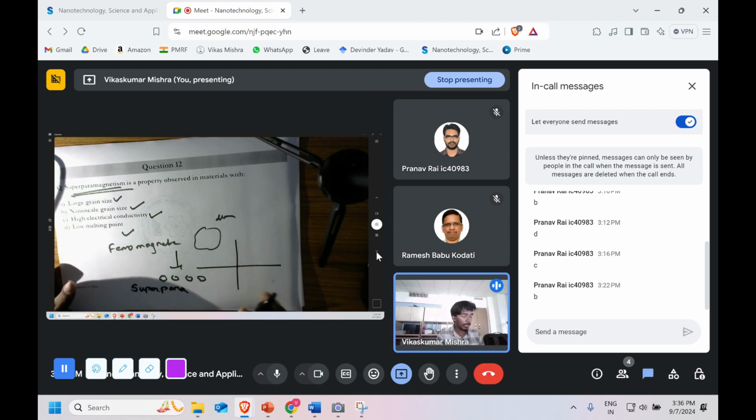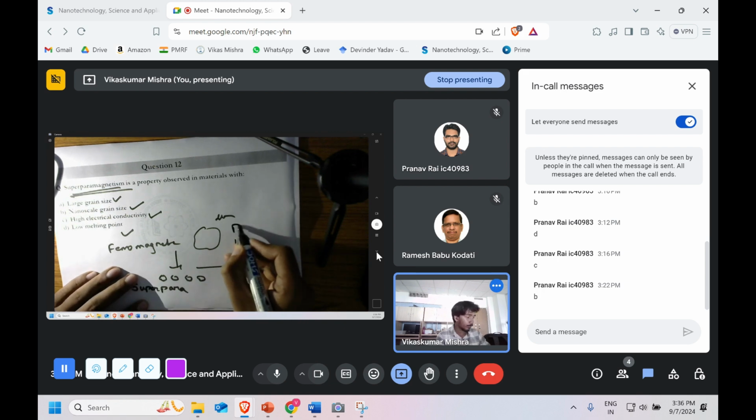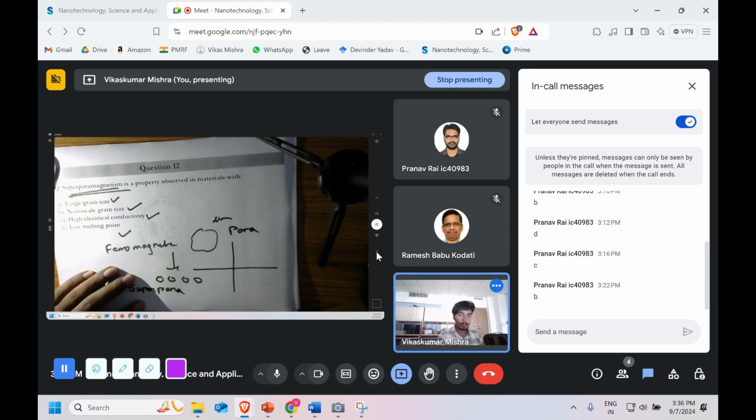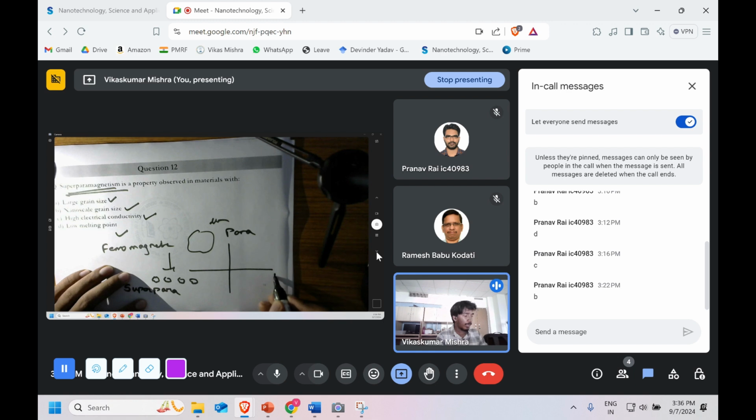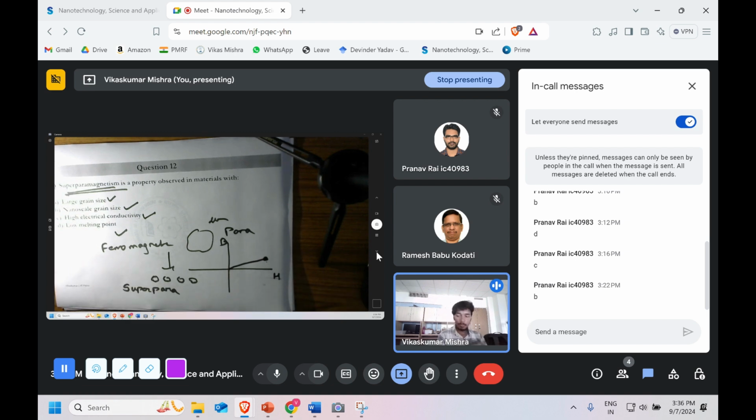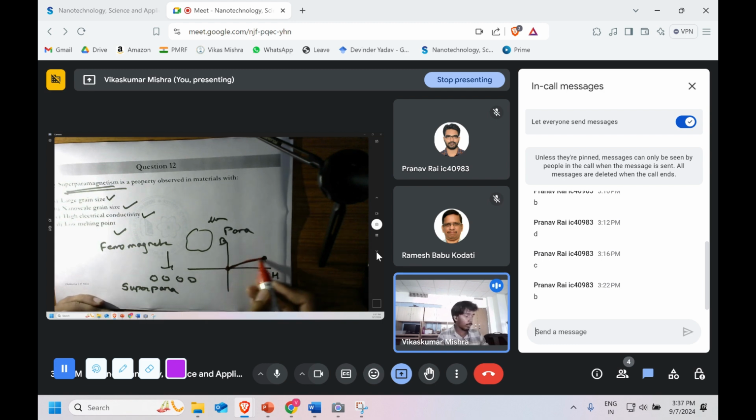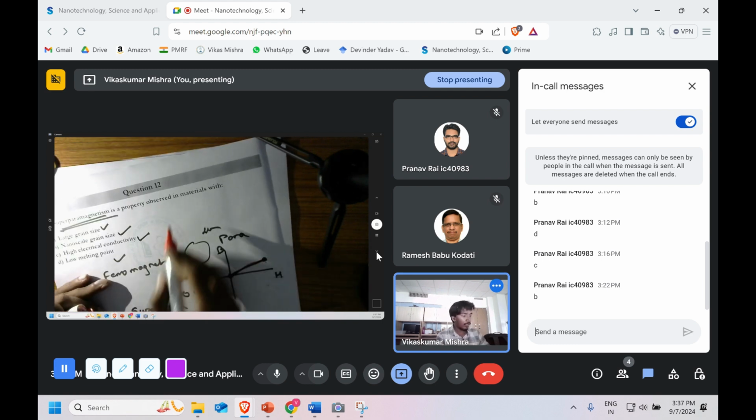So what will paramagnetic do? Right now we are only talking about the paramagnetic. I am applying the field H, and in response to that we are getting some B. I applied it, it came over here to a certain value of B. I removed the H, and now I am going back to 0. Again I applied, it will go to some value, then again it will go to 0.